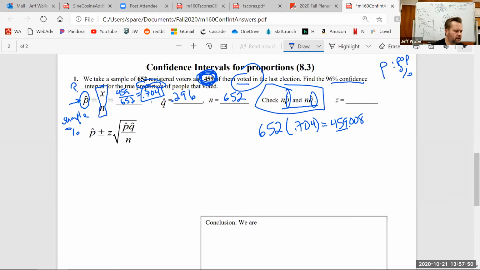I want some of you to understand what I'm about to say, because it's a quick little thing. What was p hat? P hat is the successes divided by n. So what is n times p hat? It equals the successes. So I can just look at that number. That's what n times p hat is. If you don't like that, then just do n times p hat. You'll get the same answer. That is at least 5. Check.